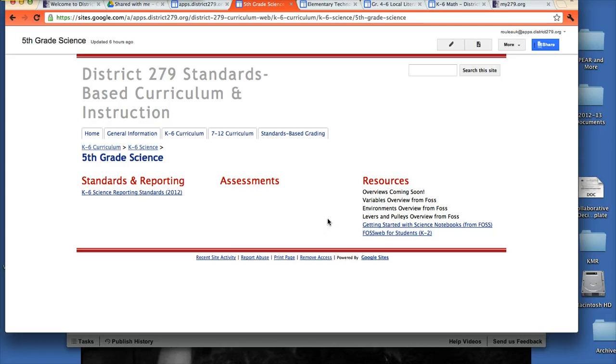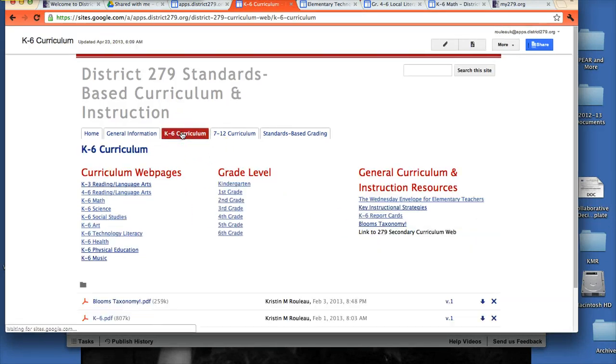We have added some additional resources in science, like getting started with science notebooks and some student links where they're appropriate. As I've said, it's not all completely built out yet. There is a lot to be added, particularly in 5th and 6th grade, because I started in kindergarten and we've been working our way up. It takes a lot of time to sort through those U-Drive documents, as you well know, but we want to get the information that's useful.